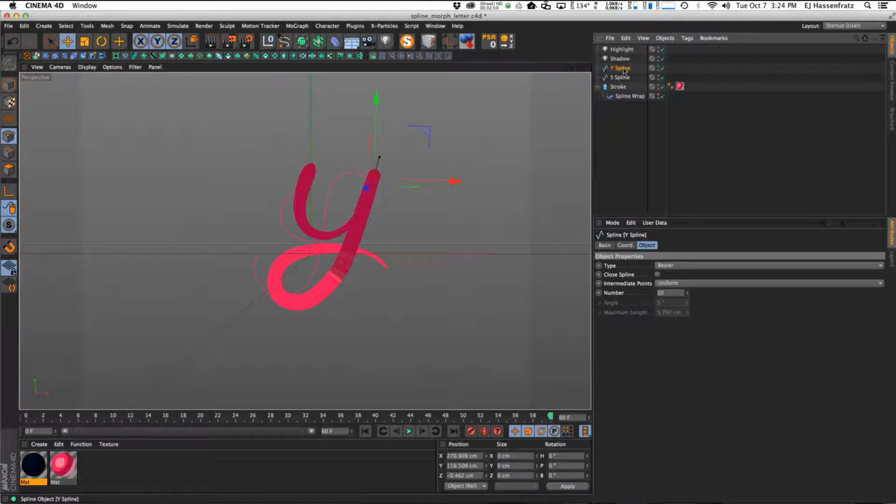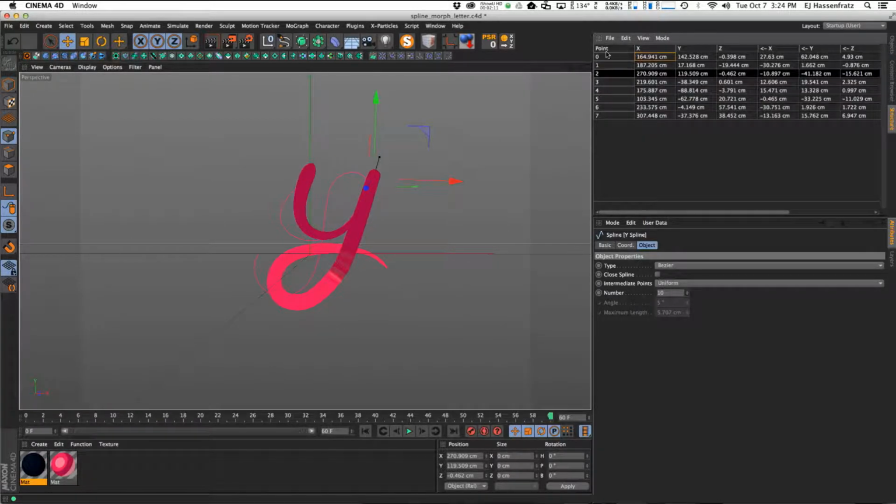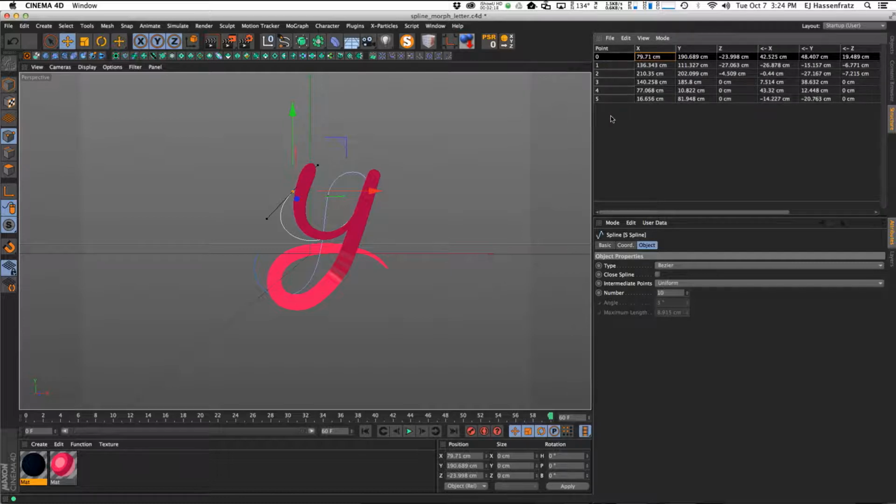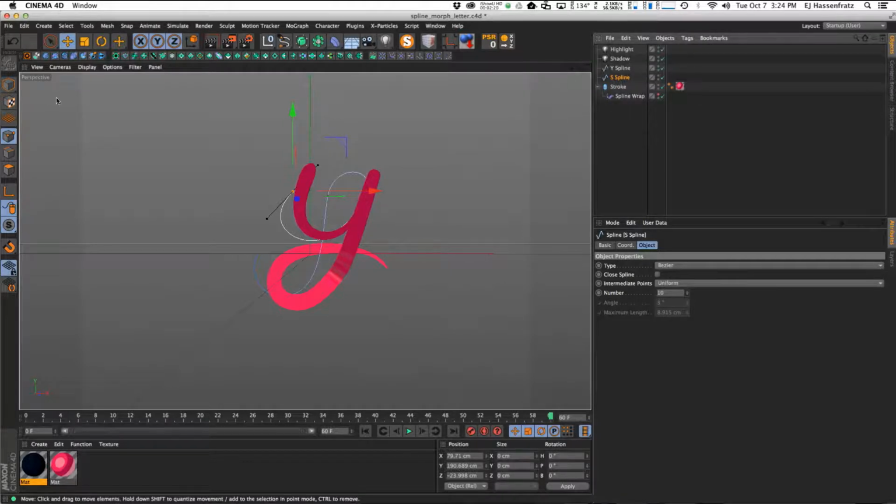So you can see if I select my Y spline, go to structure, you see I have 8 points here. And if I go to my S spline, you'll see that I have 6 points. So they don't match up, and that's fine. To get this intermediary thing that's going to have the same number of spline points from one to the other,